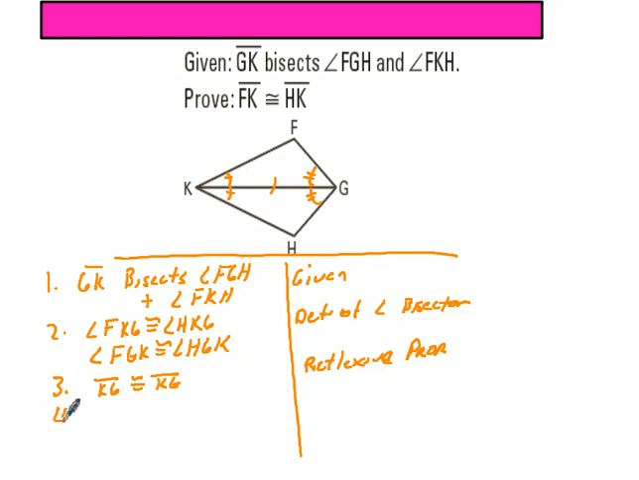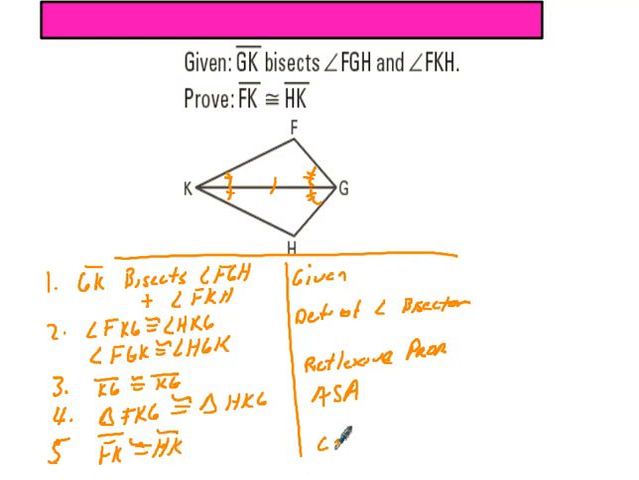And now we can say triangle FKG is congruent to triangle HKG. And that would be by angle side angle. And now we can finally get to our proof. The last step, I'd say FK. And you can go ahead and say in question number 1 what reason we're going to use here for this theorem. FK is congruent to HK, and the reason is corresponding